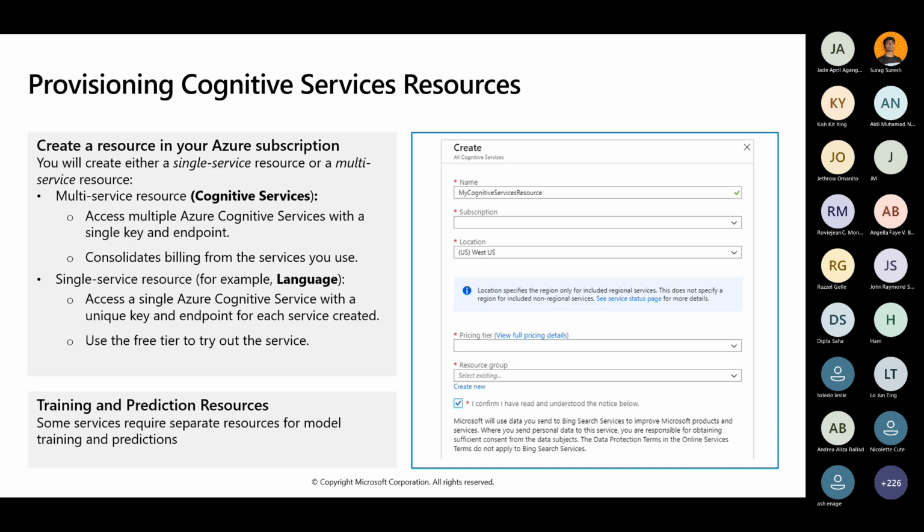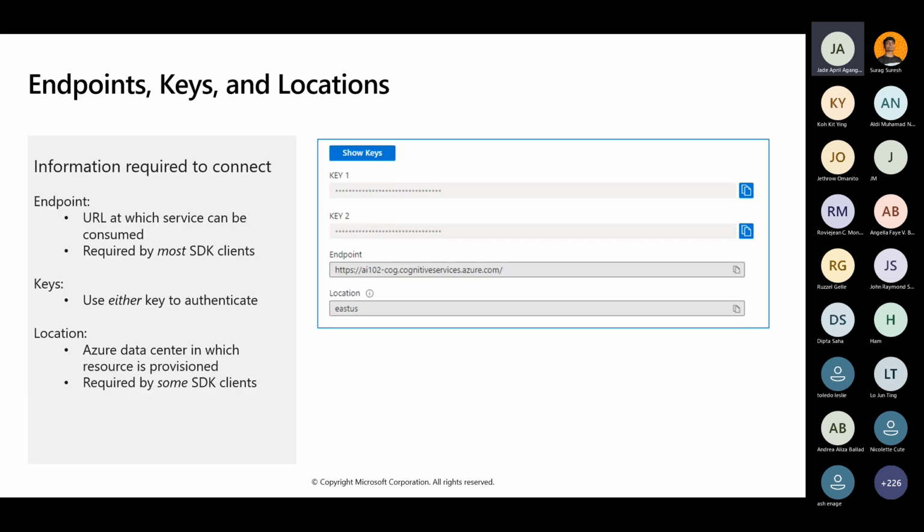Let's see here, all right? So this key one and key two, you could use either of the keys if you want to use this in Visual Studio Code. And the endpoint is also important. So in every resource that you make, just correct me if I'm wrong, for those who have tried this, for every resource that we make, for example, cognitive service, Azure Bot Service, you will be able to make different kinds of keys and endpoints.